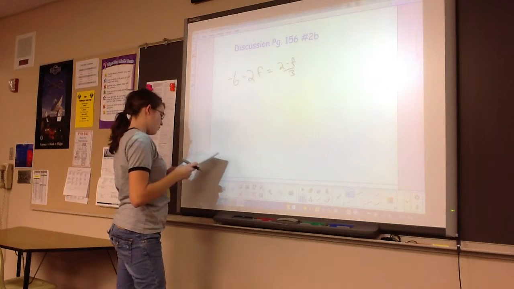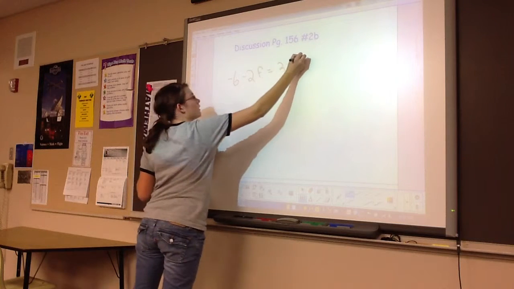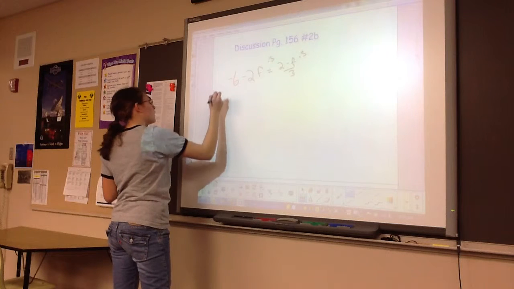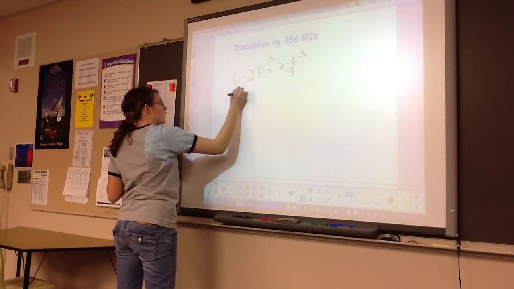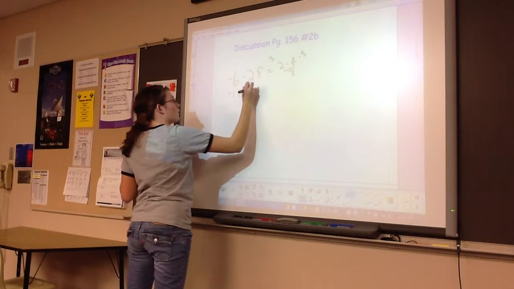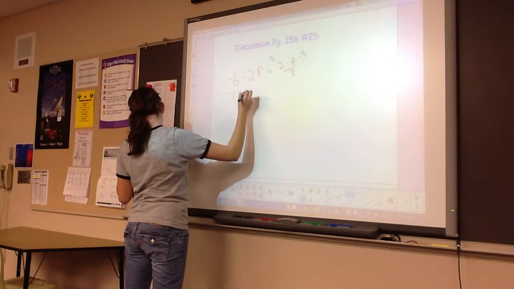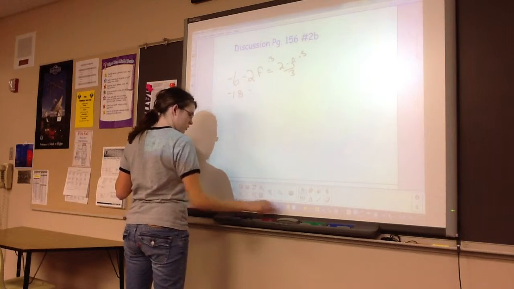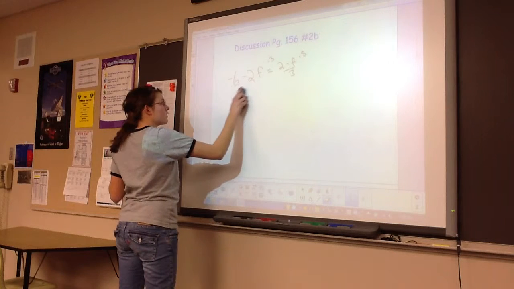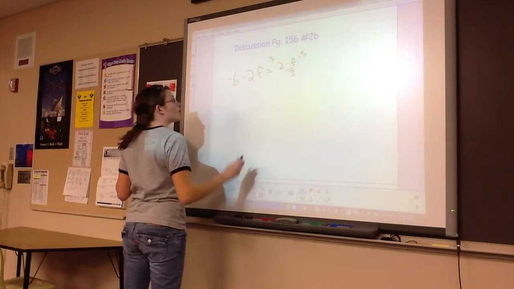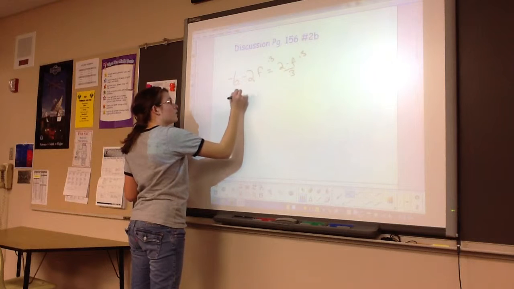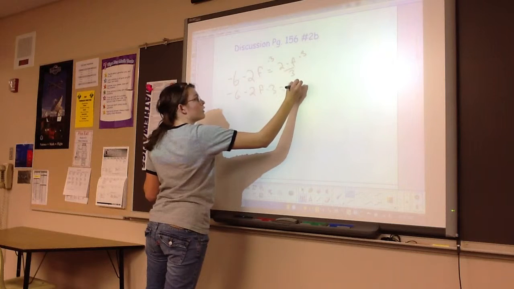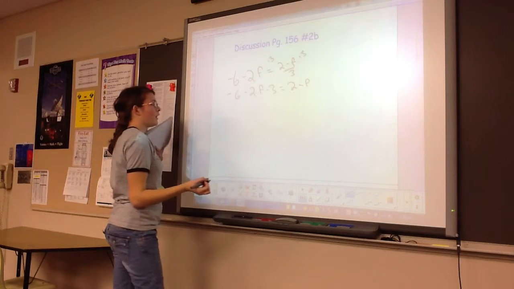And then I multiplied 3 on both sides and got negative 18 minus, let's skip steps. I got negative 6 minus 2f times 3 equals 2 minus f, and then